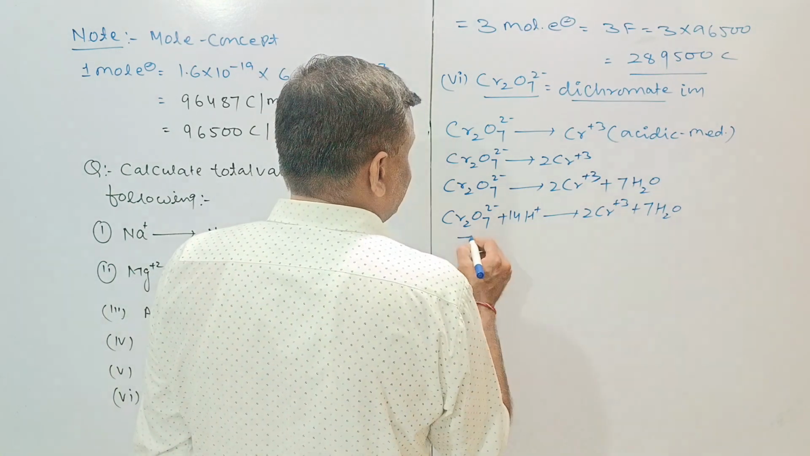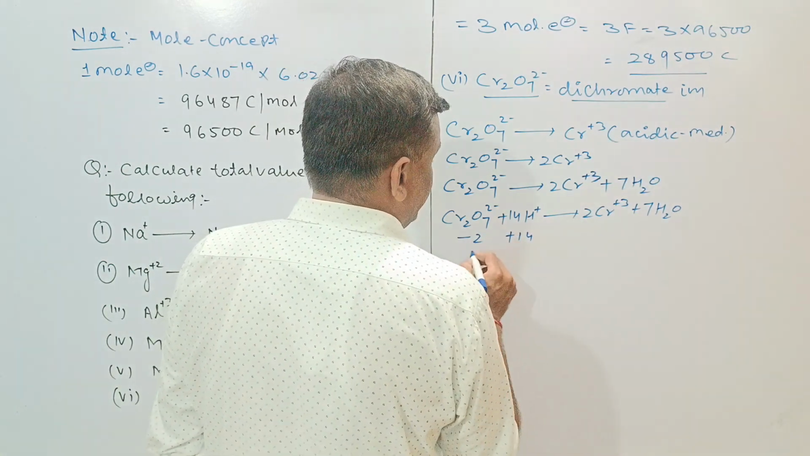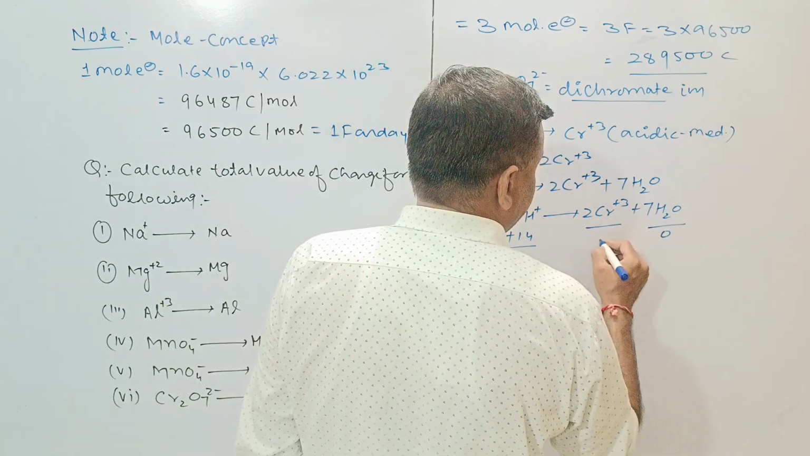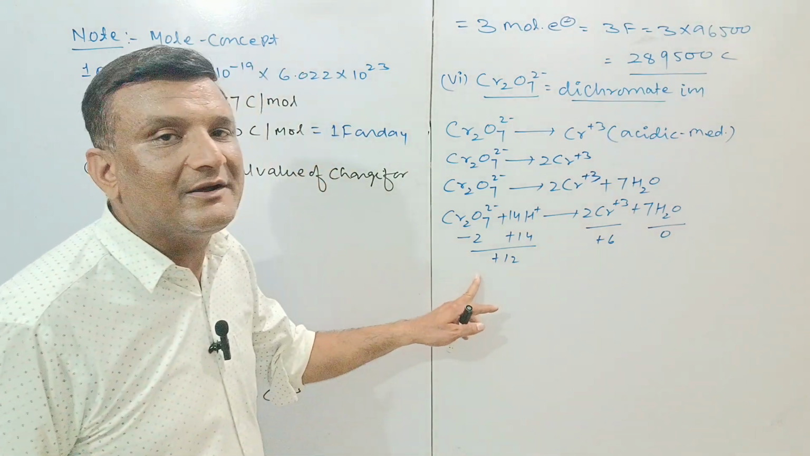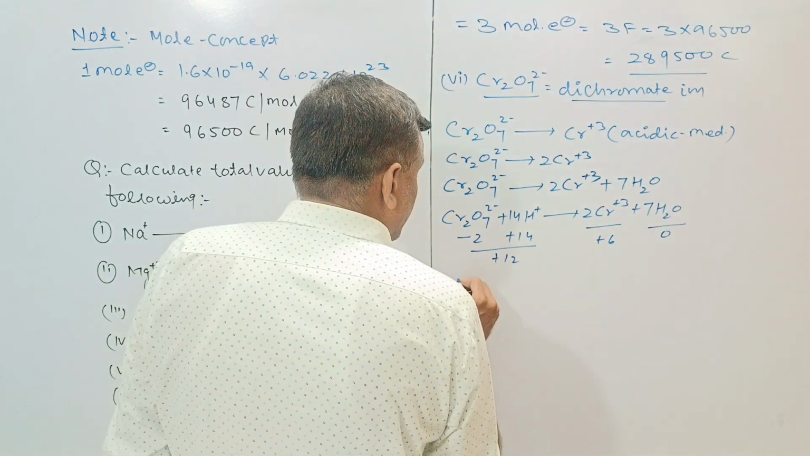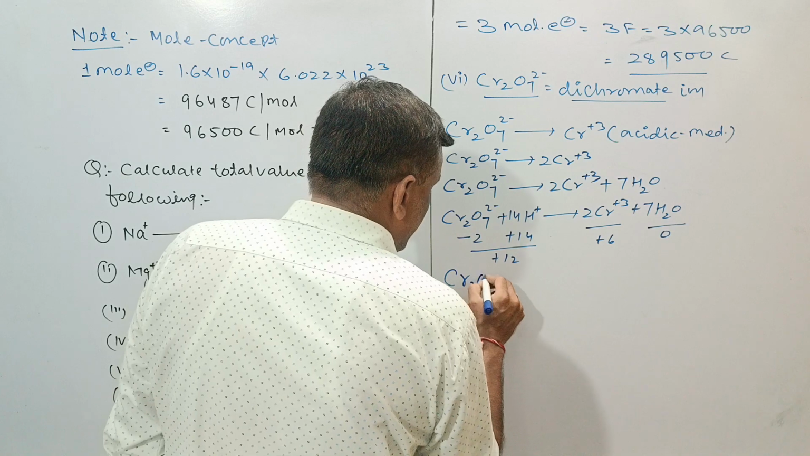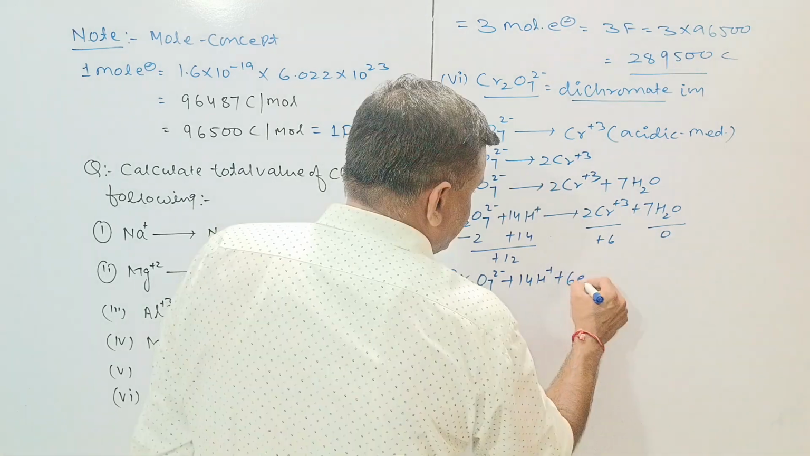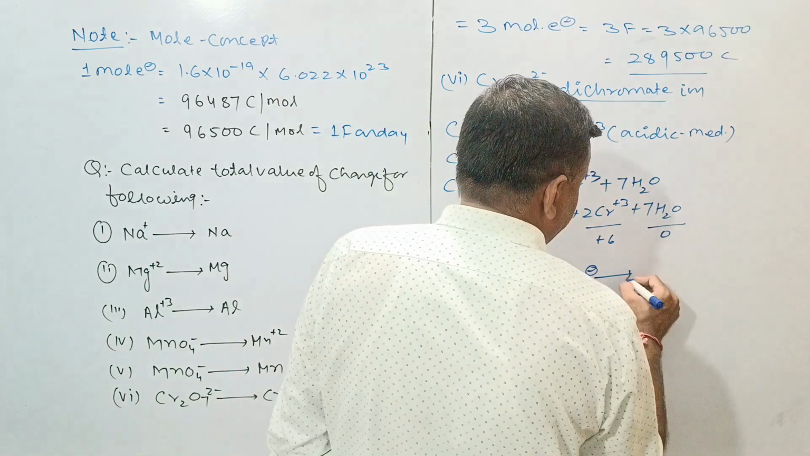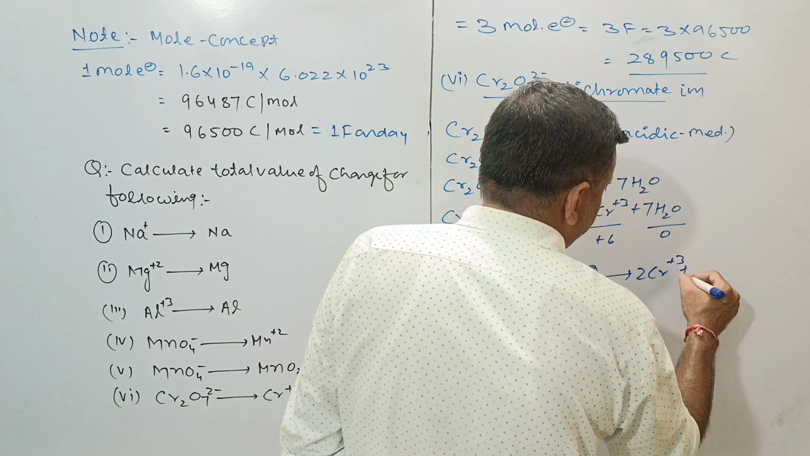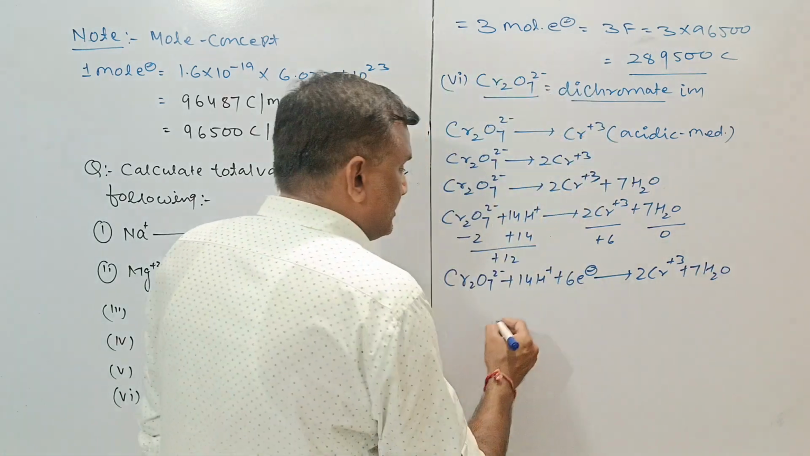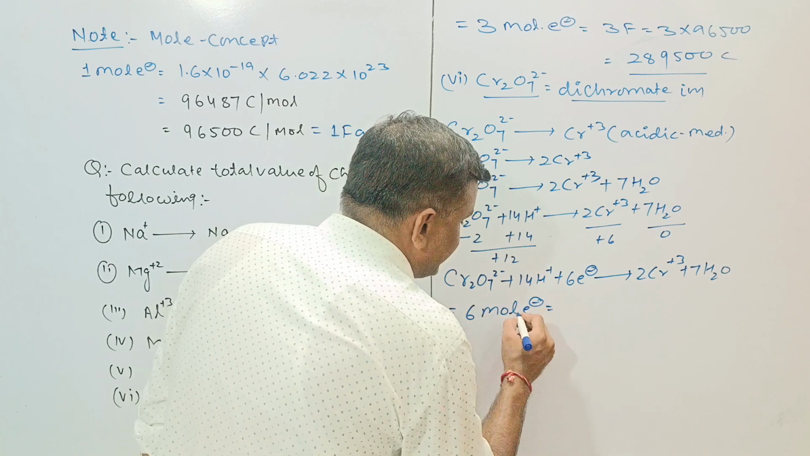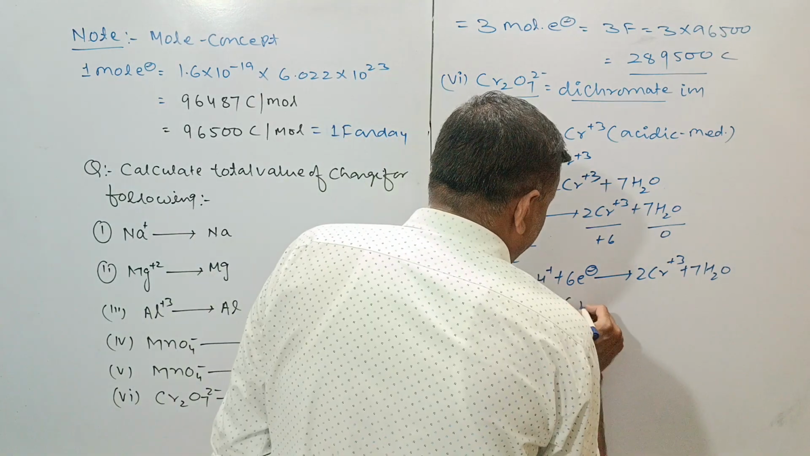So if we go with the charge, then -2. This is the plus 14, a difference of plus 12. Here is the 0, and here is the plus 6. So on the left side it will require 6 electrons. So what is that? Cr2O7 2 minus plus 14H plus plus 6 electron changes into 2Cr plus 3 plus 7 of H2O. 6 mole electron are required,